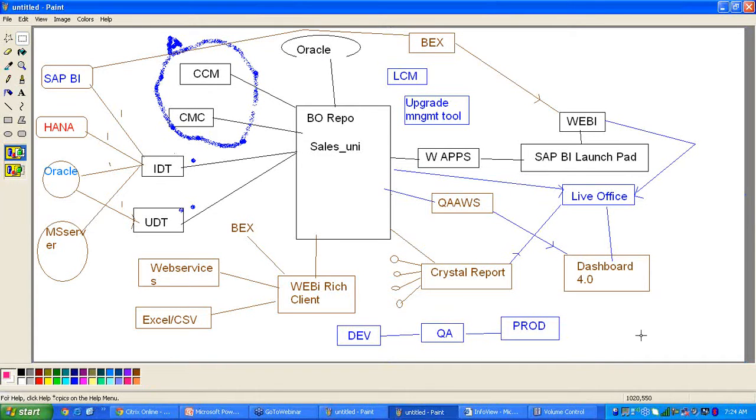Why do we need to know the import wizard? To migrate 3.1 reports to 4.1, the import wizard is also useful in the older version, so that you will get an idea of when we are using these tools. These are the different tools we are discussing as part of the training.